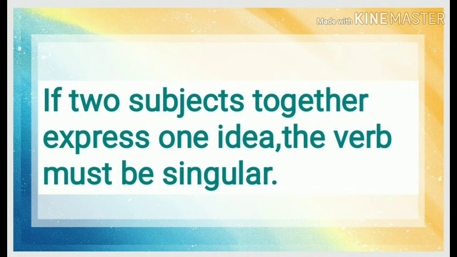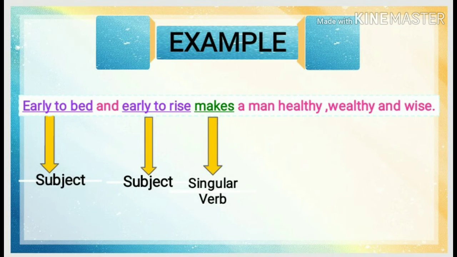Rule number 13 is, if two subjects together express one idea, the verb must be singular. And here is the example of it. Early to bed and early to rise makes a man healthy, wealthy and wise. In this sentence, the subjects early to bed and early to rise together express one idea, and we use a